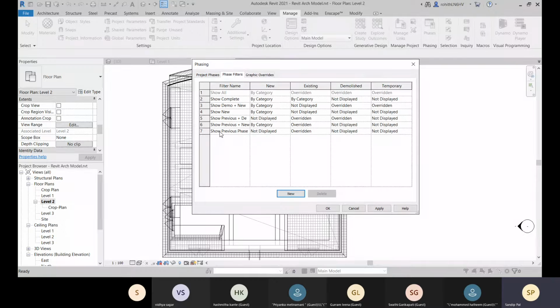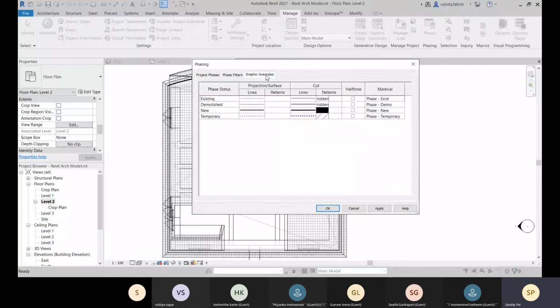And here you can see that when this show complete or show, your filter name is selected over there. And in this new, it will be shown like this. In this existing, this will be shown like this. And in demolished, this is not displayed.